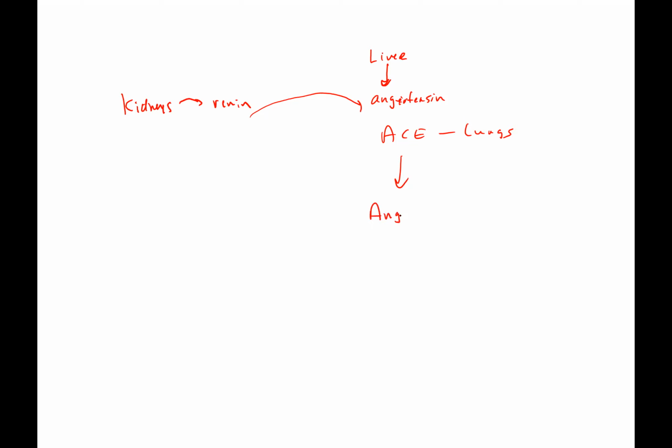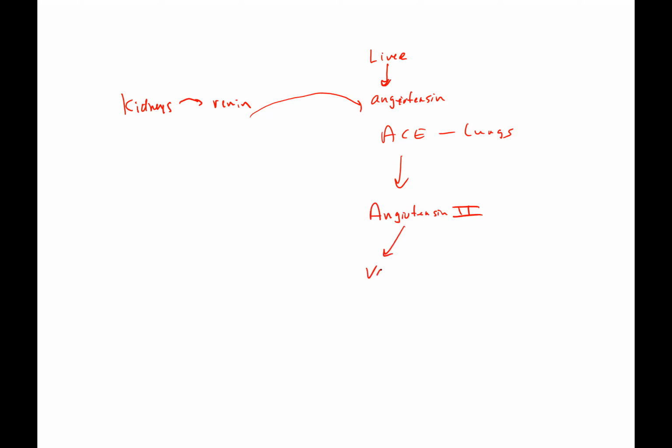Okay, so the kidneys release the renin. The liver releases the angiotensinogen. Renin, angiotensinogen, and your ACE, which comes from the lungs, are all part of the formula that eventually produces angiotensin 2,